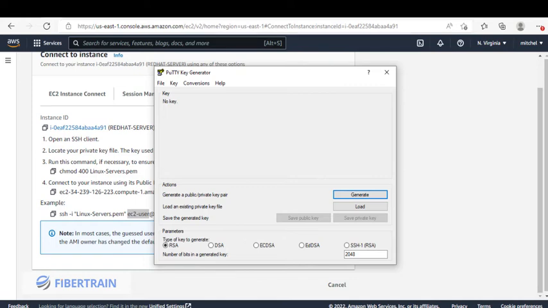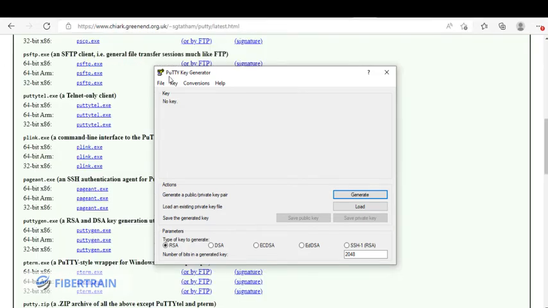You can go online in a Google search, just type Puttygen, that is Putty key generator, and it should take you to a link where you get this downloaded. So here I think I have the link still open, and you could see here I downloaded the one for 64 bits, that is puttygen.exe. So you need this Puttygen, and what we're going to do is to